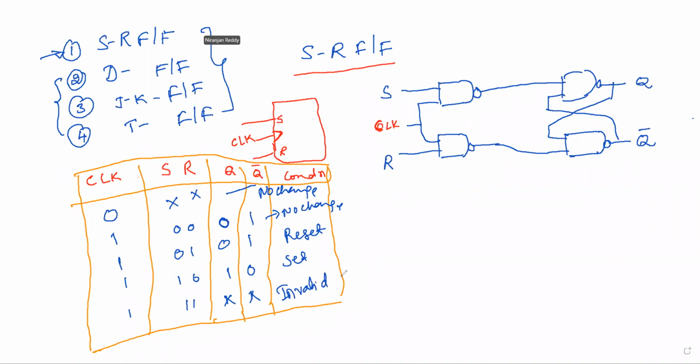Okay. So this is the SR flip-flop. Now, the very important thing that we need to go for is the characteristic equation. Most of the time in the examination they will be asking: write down the characteristic equation of SR flip-flop, or derive the characteristic equation of SR flip-flop. So how to derive that characteristic equation, that we will see. Keep this table in mind. Okay, I'm going for the characteristic equation.